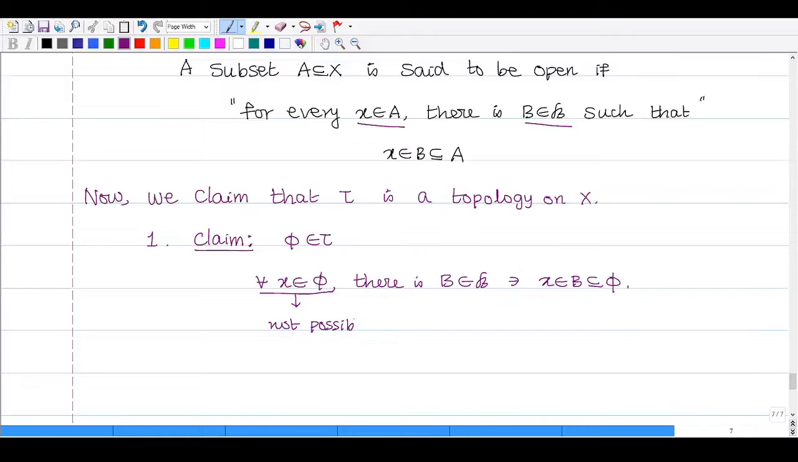ஓகே, இப்படி என்னால ஒரு எலமெண்ட் ஃபைல ஒரு எலமெண்ட் எடுக்கவே முடியாது. அப்போ இதுக்கு அப்புறம் நான் there is a B, ஒரு B இருக்குங்க அப்படின்னு நான் சொல்றேன். அப்ப இதை டிஸ்ப்ரூவ் பண்ண முடியாது. It is not possible. முதல் கண்டிஷன் ஸ்ட்ராங்கா போட்டேன். So empty set belongs to tau. Okay, it is called to be vacuously